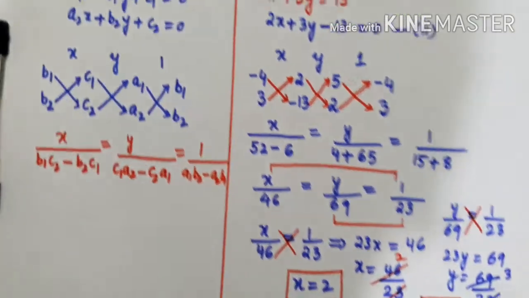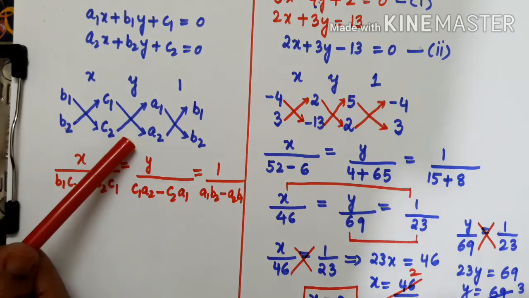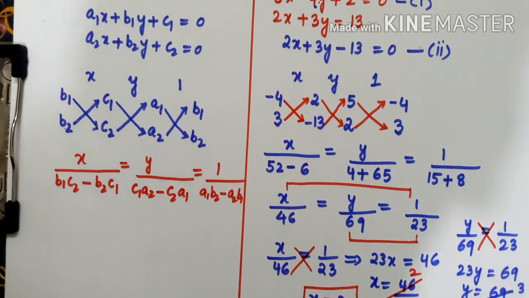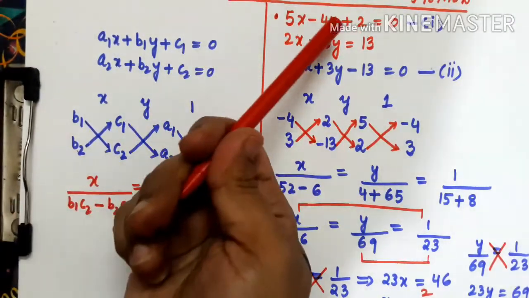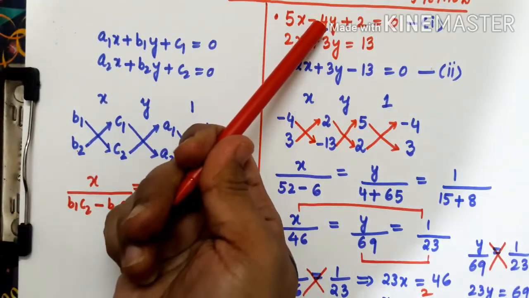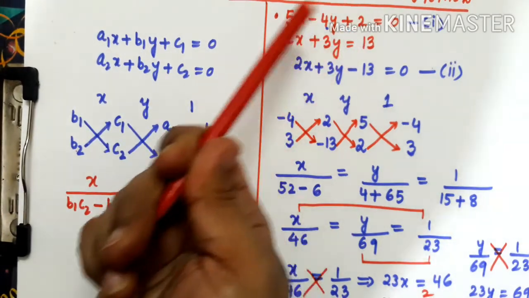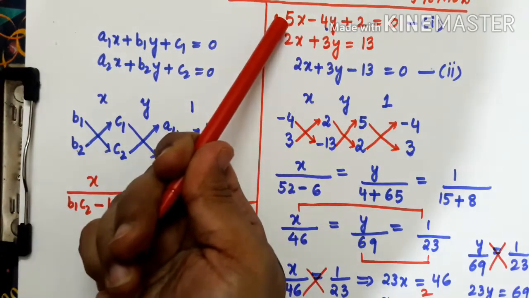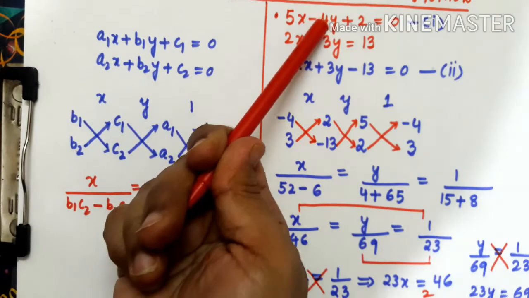Okay, so this is nothing but cross multiplication method. You just have to remember this figure, then you can easily solve your problem. First coefficient of x you are taking, then coefficient of y, then come to constant, then come to the first term, again coefficient of x, then again you come back to this one. You're starting from here only and you're ending here only.